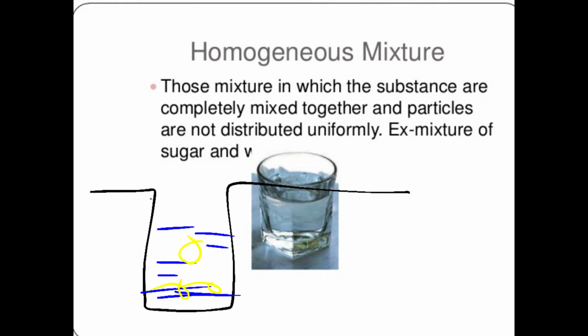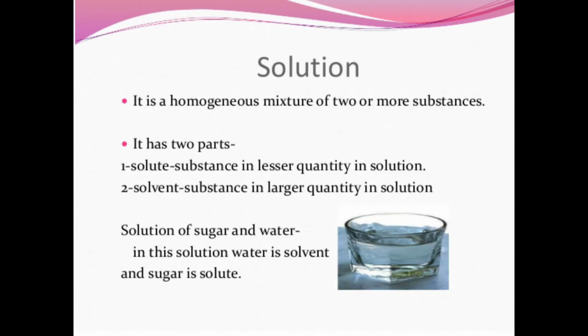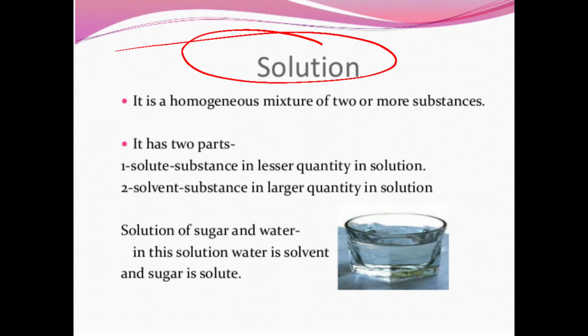After stirring for some time, the sugar doesn't go anywhere, it just converts into a simpler form and hides between the spaces of the water. So this solution is said to be homogeneous, which means it has dissolved properly and there is nothing left. If you don't taste this water, you can't even tell whether sugar is mixed in it or not.